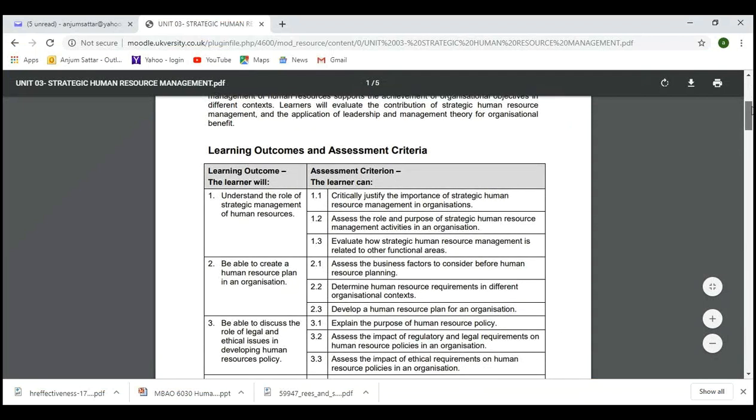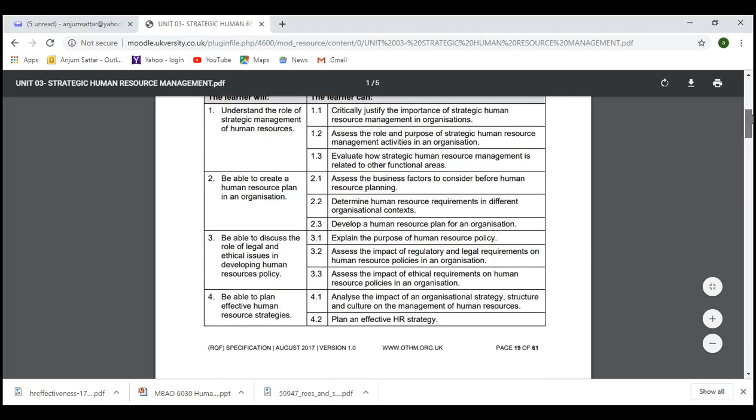1.1, 1.2, 1.3, and the learning outcome 1, in which we learned to understand the role of strategic management of human resources, where we discussed the importance of human resource. We discussed organization objectives. In the second lesson, we discussed being able to create a human resource plan in an organization, where we discussed